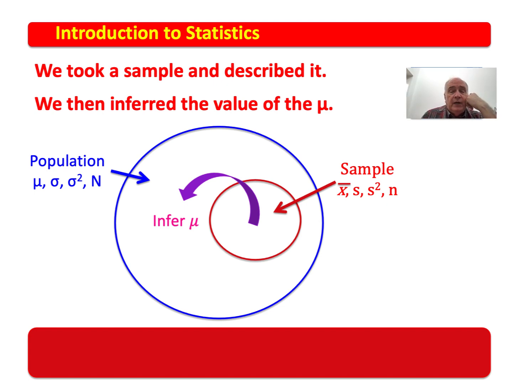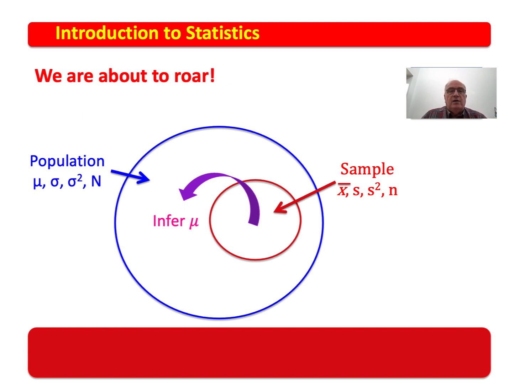Now, I want to point out to you that we can do confidence intervals ad infinitum for just data sets. If mu is this and sigma is that, then find a confidence interval. All of those are just meaningless exercises. What matters is when we look at a sample and we are able to predict the population mean. That's what really matters. Now, we're about to go to the next level once we do this.